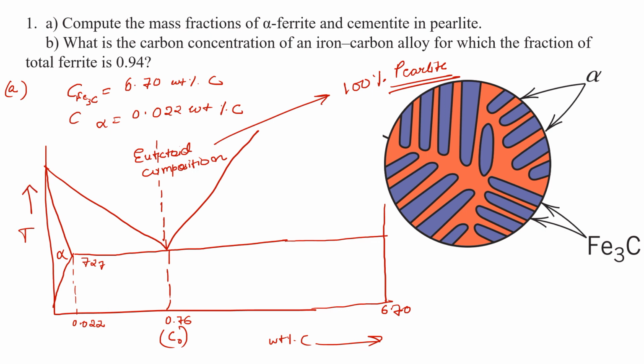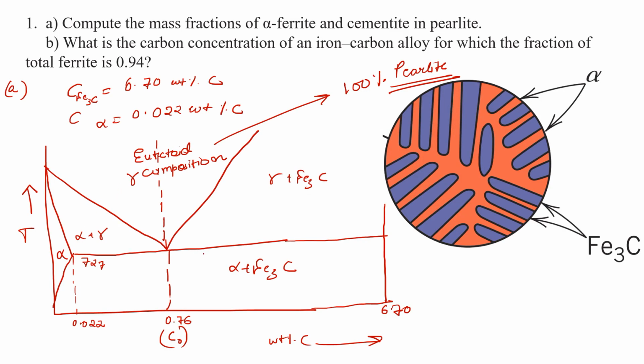So for finding this out, we just need to take a tie line at the eutectoid temperature. So this is gamma. You take a tie line at the eutectoid temperature and see what the different phase fractions are, because just below the eutectoid temperature we'll be having 100% pearlite at this composition. So the mass fractions corresponding to that will be,